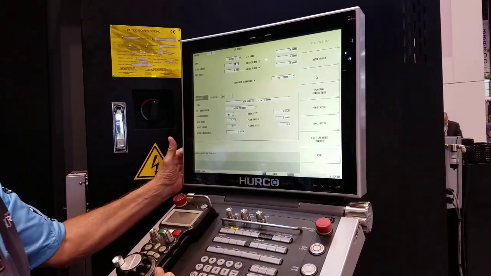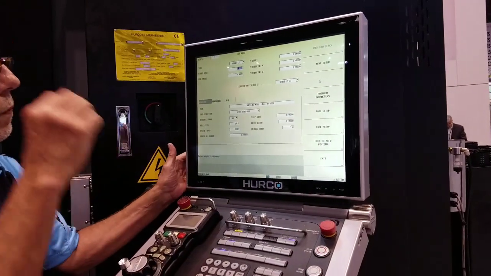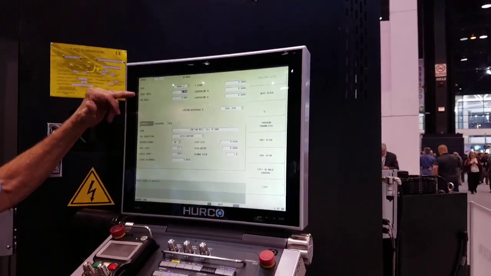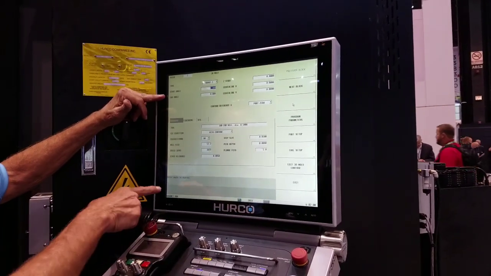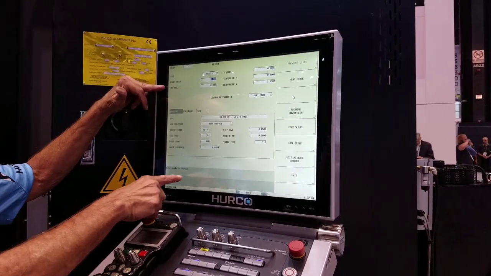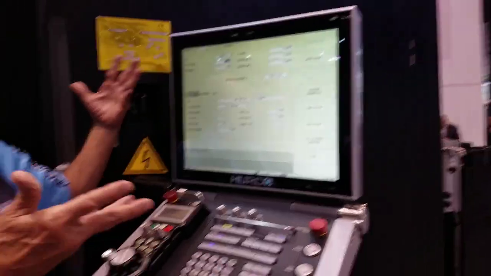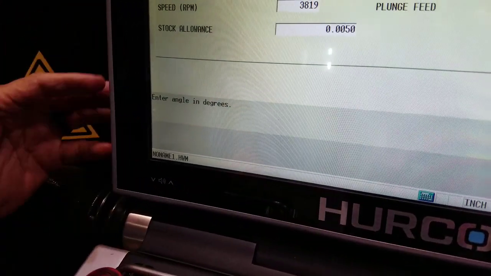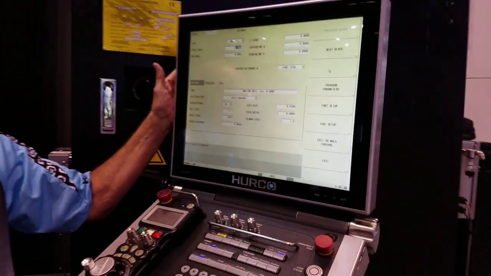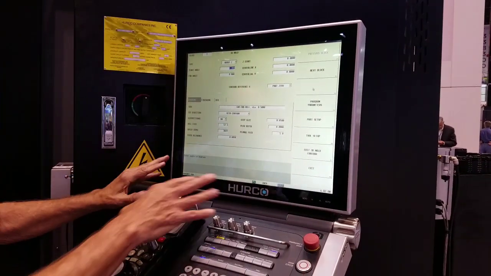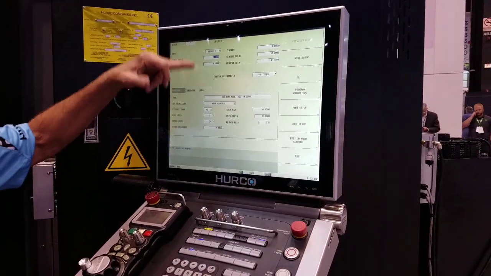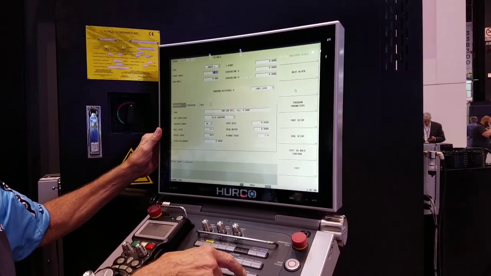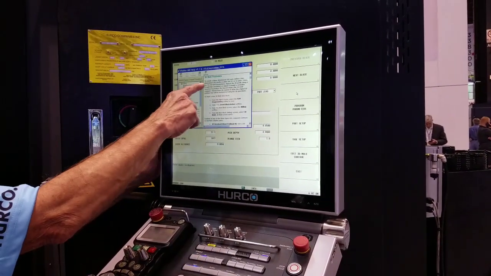Say XC revolves about Z. So as we step down here, I should have pointed this out before, everywhere you go, you're going to get some kind of help to help you with what goes into that field. If you're at a place where you're unsure, or whatever field you're in, you can always use the help button. When you use the help button, it went right to the